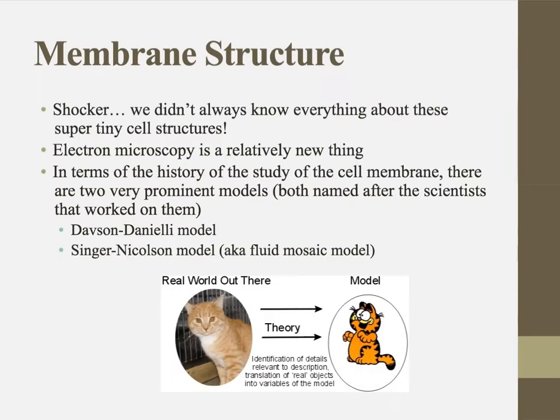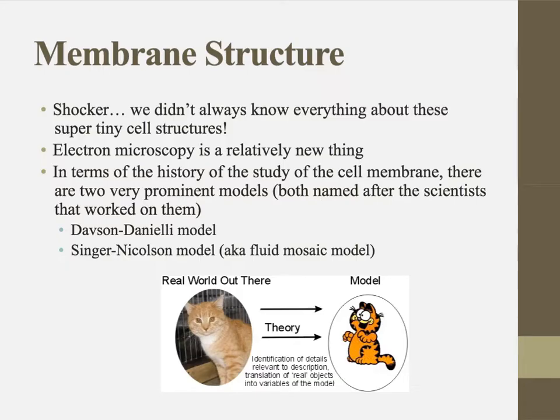When we were talking in chapter 1.2 about those really teeny tiny subcellular structures like organelles, membranes, DNA, it's really easy to take for granted our knowledge of such structures because they're really gosh darn small. And you know what? Electron microscopy is relatively new. So it's really amazing to think that long before we had electron microscopes, scientists were making models of very tiny cell structures that they couldn't see. And they were doing that based on their chemical properties and figuring out how these pieces had to